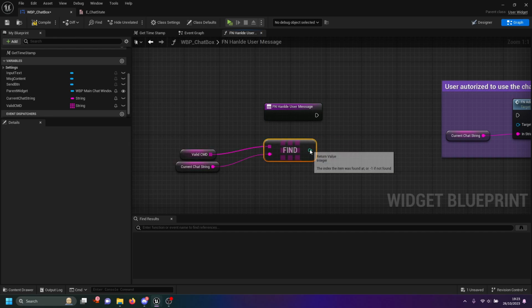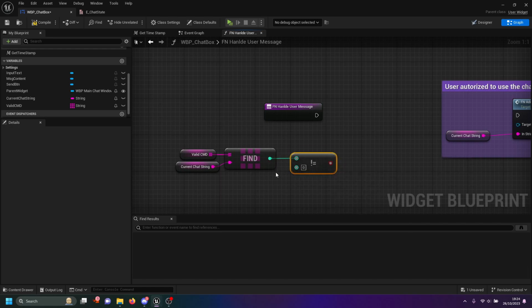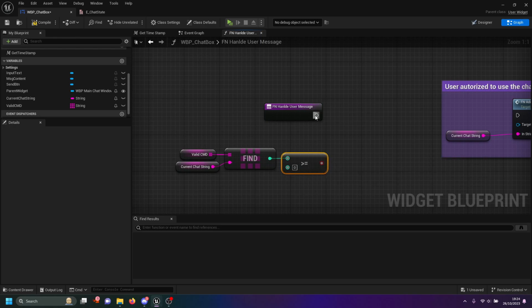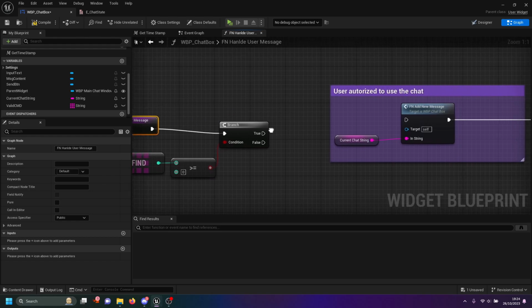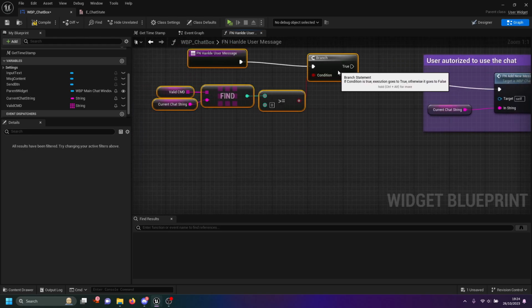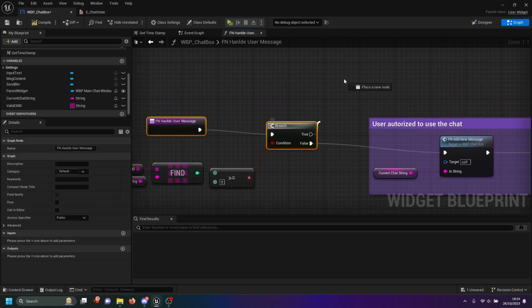if the key of this is greater or equal, oh sorry, that's the wrong one, greater or equal than 0, we can do certain things. We can create a branch coming here, right? So if that's false, we just display the message as usual. But if this thing is greater than 0,